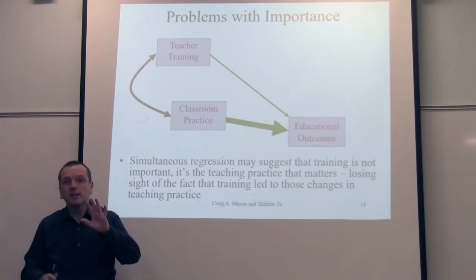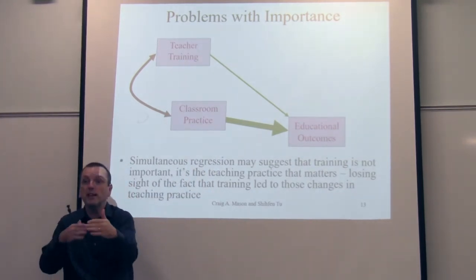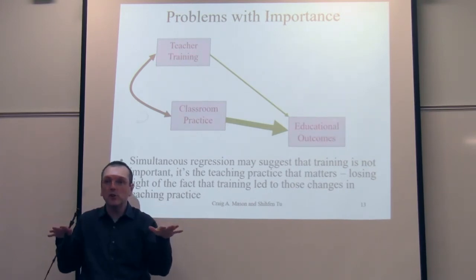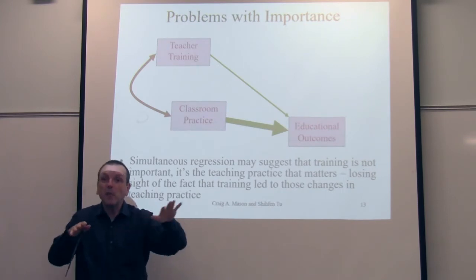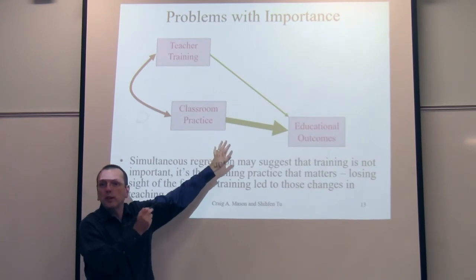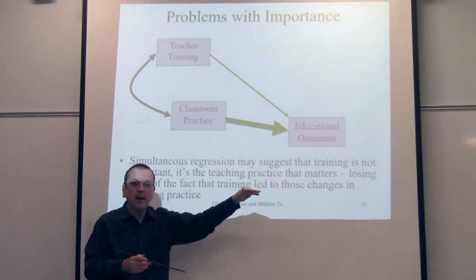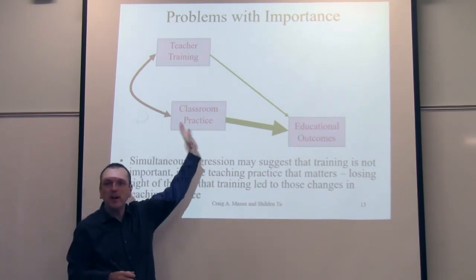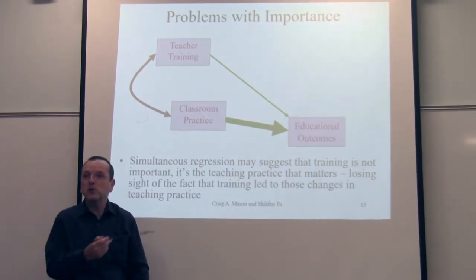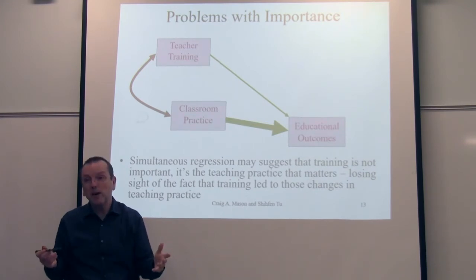Now, in defense, if you present this to researchers who take the position that simultaneous regression is how you determine which variable is more important, they would look at this and say, well, yes, but of course. We all know you don't do it this way if you think there's this sort of mediational model. There are all sorts of rules on how you test those mediational models. You would never draw this conclusion because you wouldn't do a simultaneous regression when you think this is going on. To which my response would be,